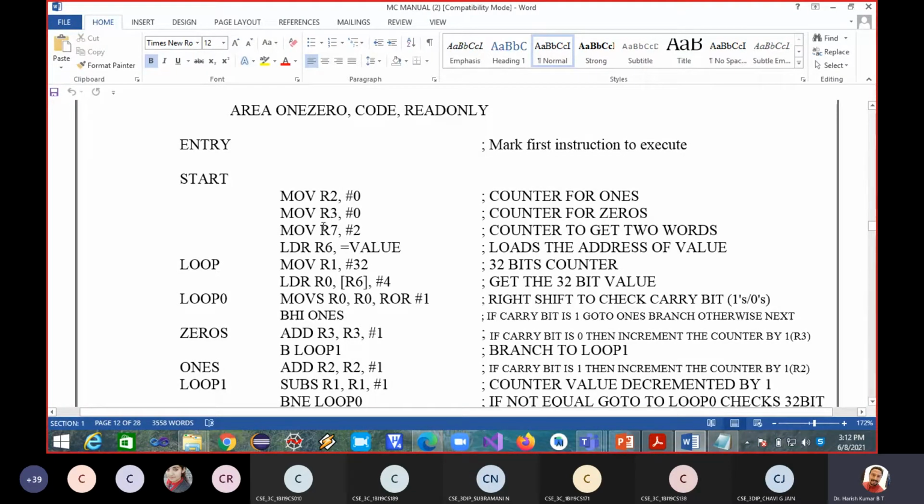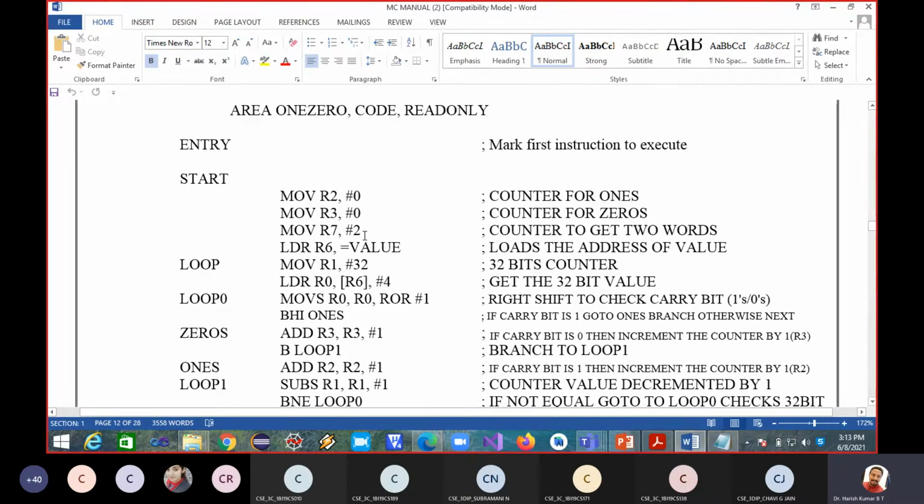Then I'm initializing the register R7 with 2. Why am I taking R7 with 2? Because I have to find the number of zeros and ones in two consecutive memory locations. R7 holds the count of memory locations, and I use R7 for looping.